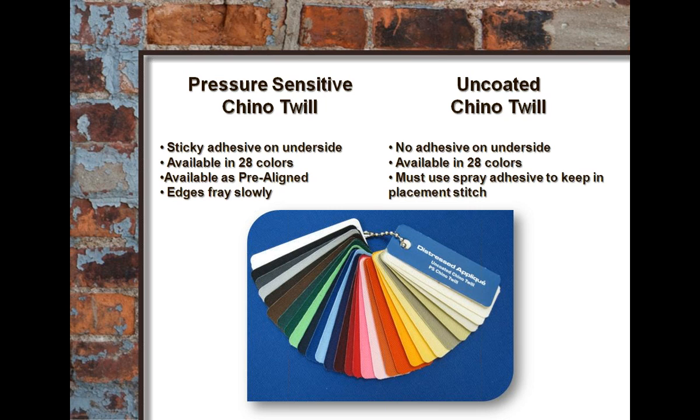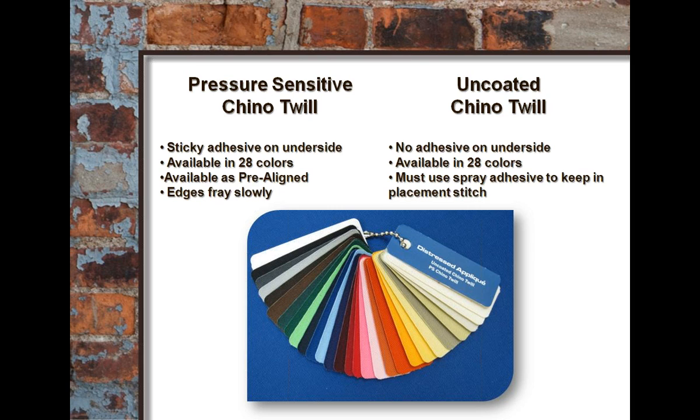The edges do fray eventually with pressure-sensitive chino after it's been washed, but they fray slowly. So there's more of an immediate distressing on the uncoated chino twill, whereas pressure-sensitive looks distressed because of the cut method, but eventually, once it's been washed, the edges will fray. And I do have a wash sample side-by-side comparison for you after we're done talking about the other material options